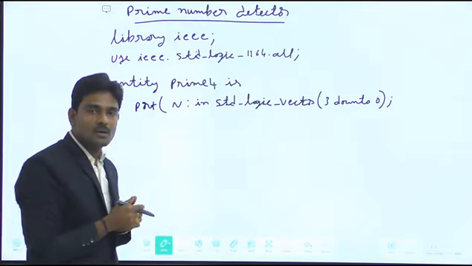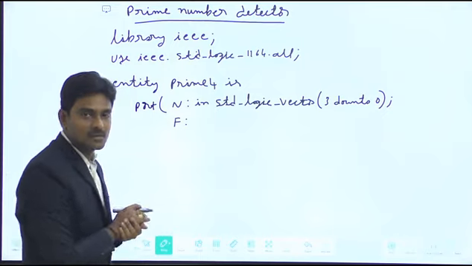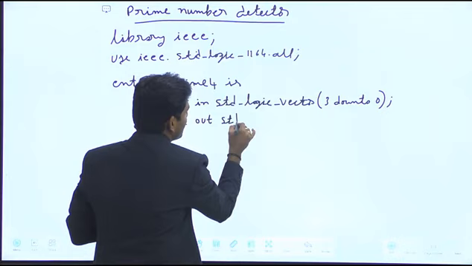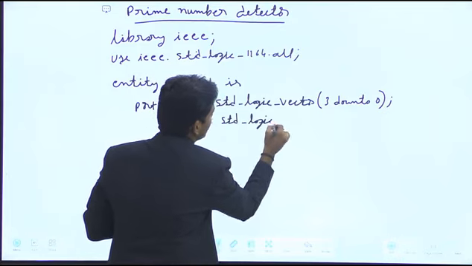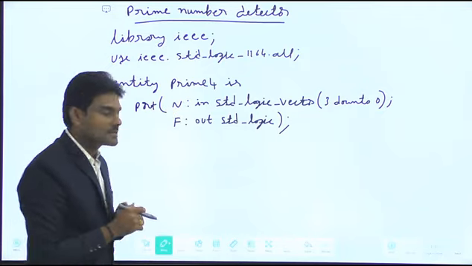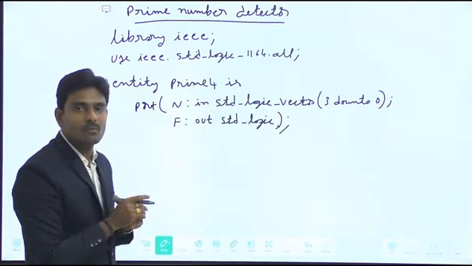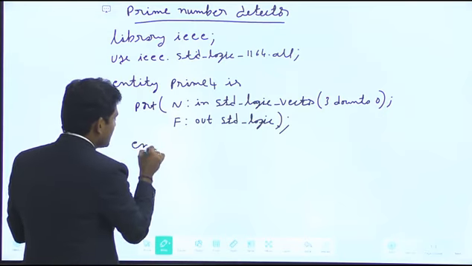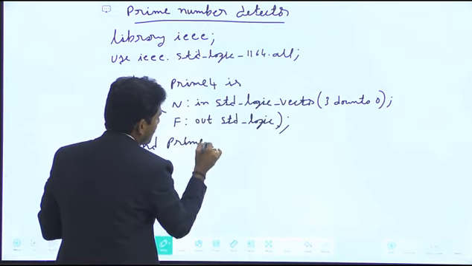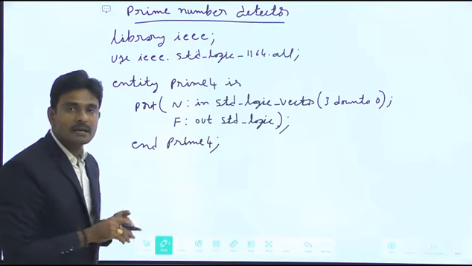Then after that, what is the output? For that particular circuit, the output is F, which we mentioned there. That is a single bit. Because of that, F is output and the type is std_logic, because it is a single bit. Then the input output declaration is over. Because of that, I closed this parenthesis and put a semicolon over there. And next, end entity name, which is prime 4. So that is how to declare the entity declaration part.